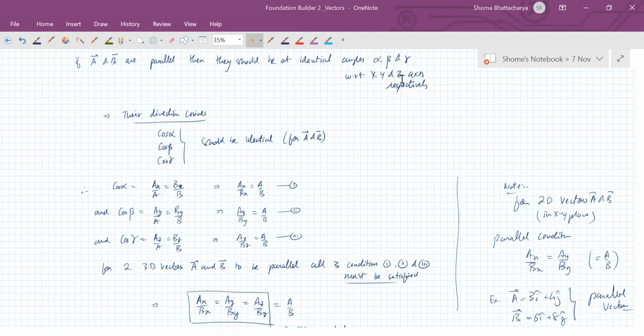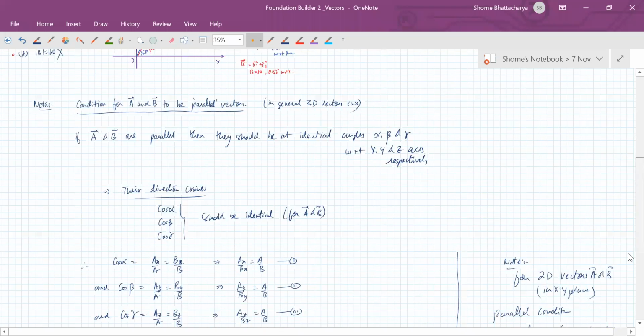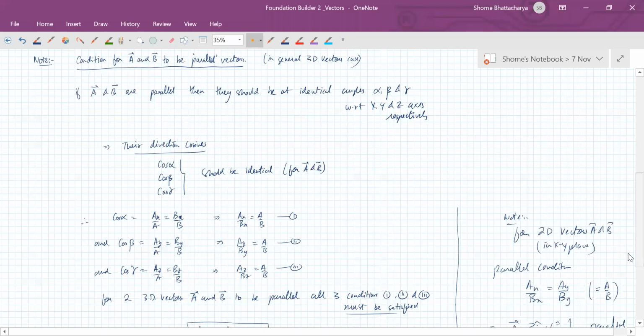That is the condition for parallel vectors. Yeah, yes, I will take you through the whole solution. Okay, I cannot zoom out more, it will become too small. So write it down part by part. Okay, this is the first part of it. Then write down the second.